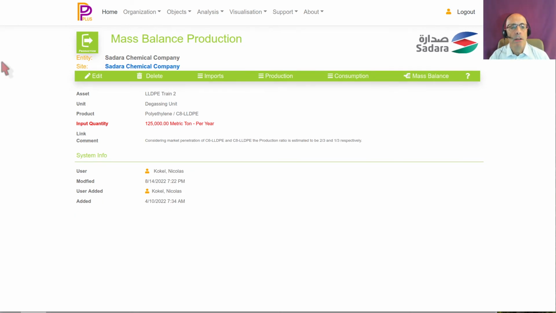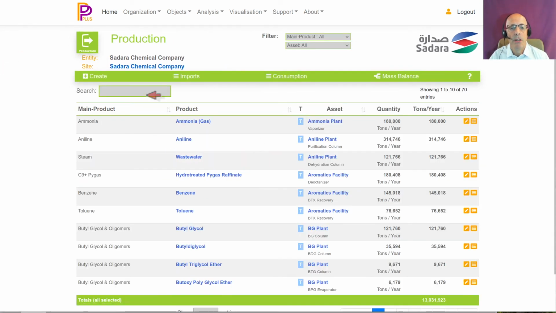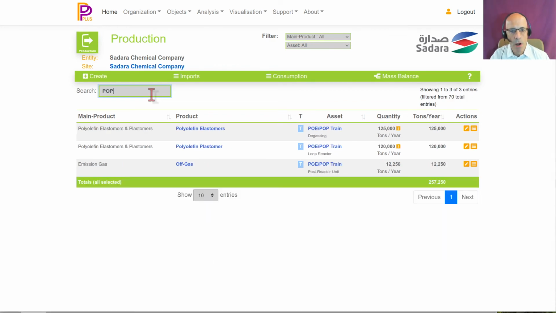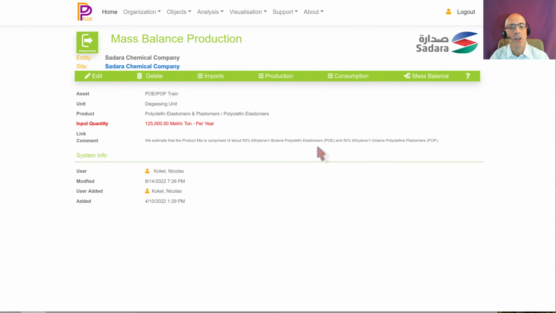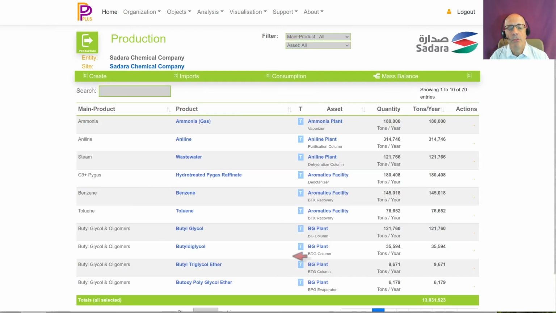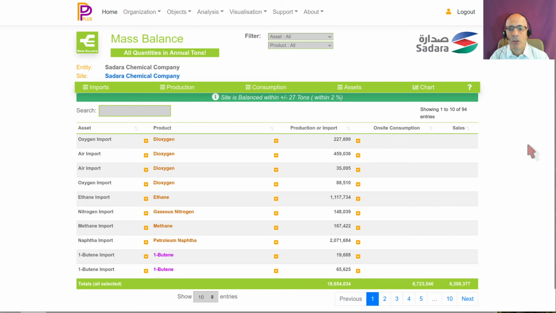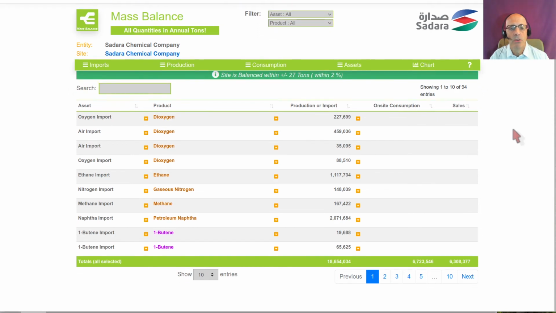We go back to the production numbers, and then we look for POP or POE, which is practically the same, which is actually the same train. And then we can look at the production here. We make an equivalent quantity, 50% of elastomer and 50% of a plastomer product in this train. Then we have the final mass balance for the complete site. We see here